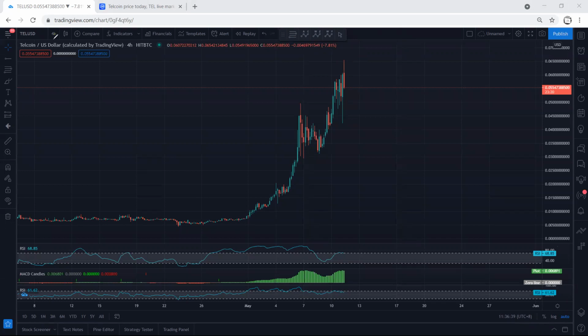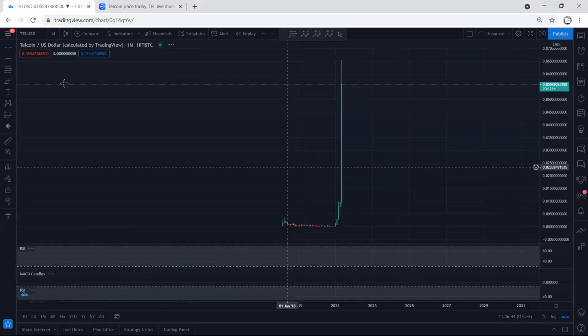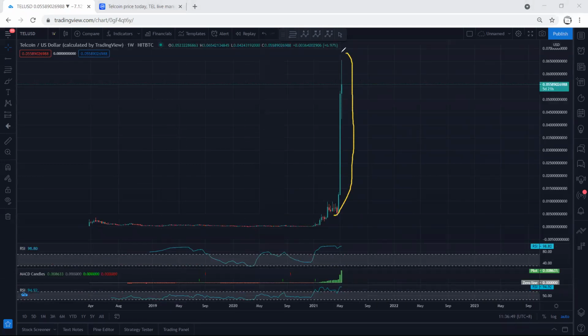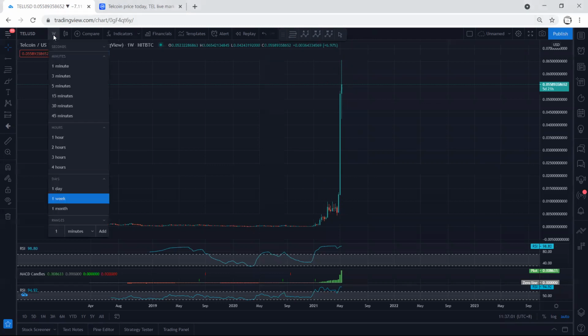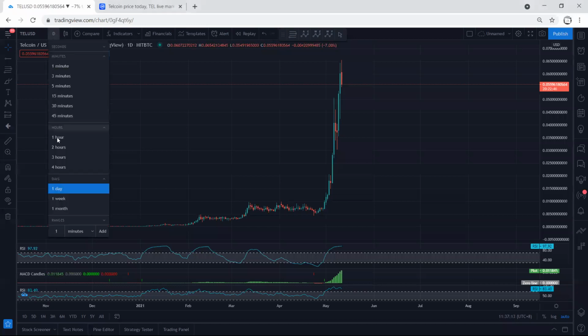If we move back to the weekly chart, this is what we get. We need to be really careful because whenever we get this kind of move, it is followed by a correction for the continuation, similar to what we get here. We need to be aware that we're going to get a correction soon. It has to correct itself. We shouldn't buy at the top unless we get a proper trade setup. Other than that, we cannot say anything else.